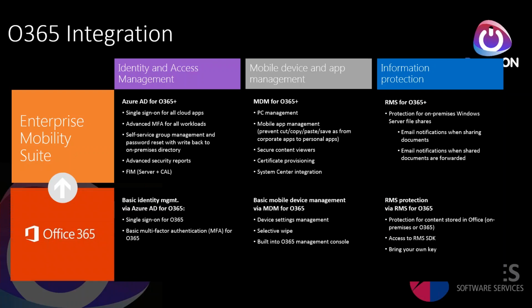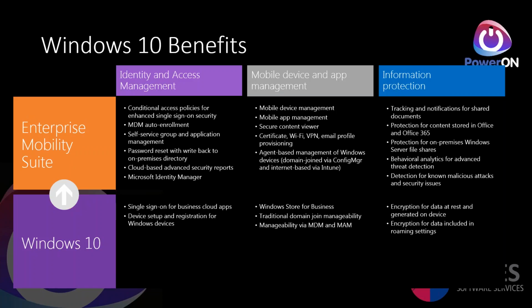In terms of the RMS piece and the information protection piece, Office 365 does have some built-in information protection. However, the EMS suite with RMS in it will extend that in terms of giving you email notifications when people have shared documents and when emails have been forwarded when they're not meant to. So again, it gives you that tracking and visibility of what is happening with my data, allowing you to take further control over it. In terms of the Windows 10 piece,